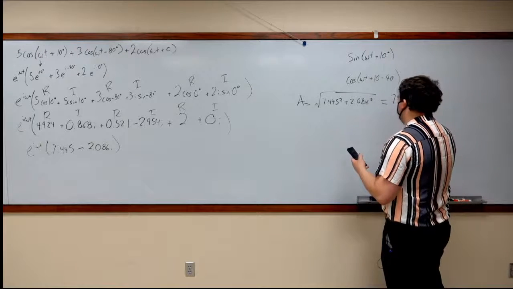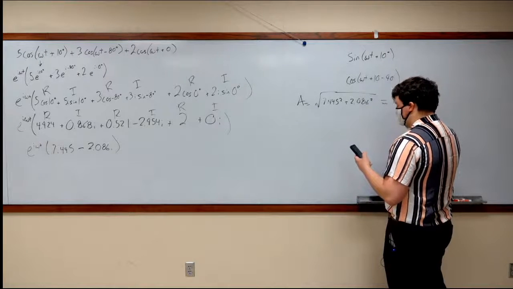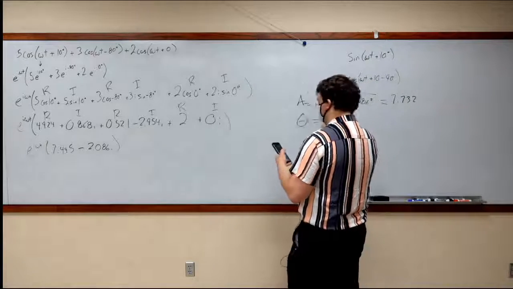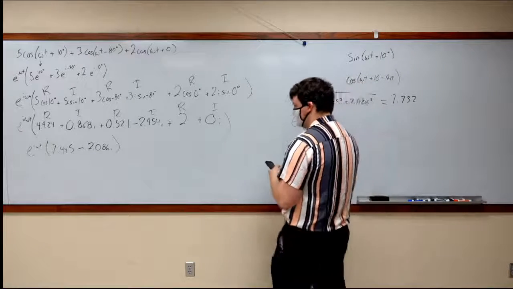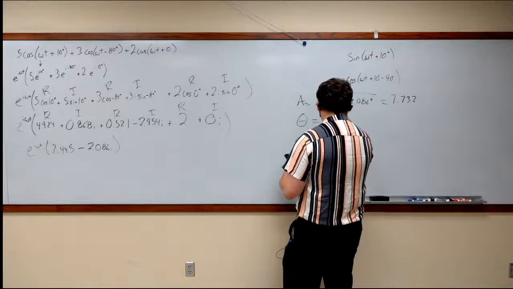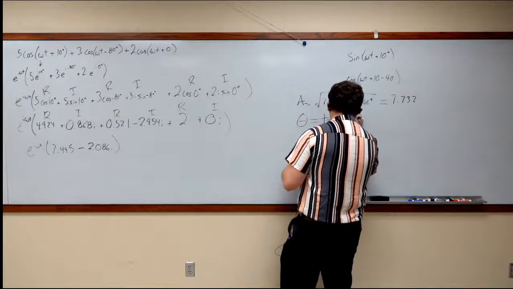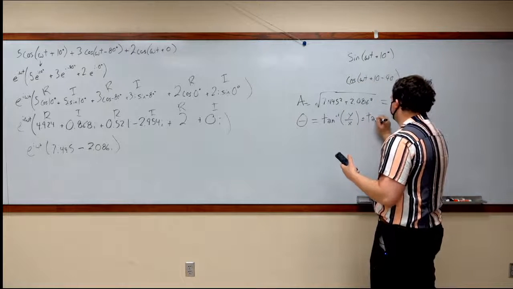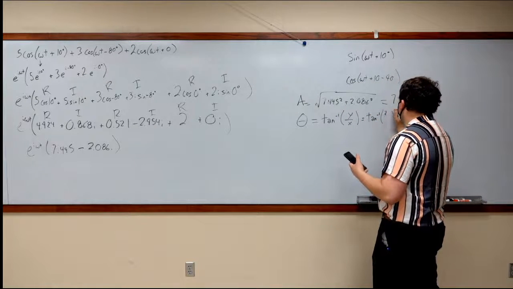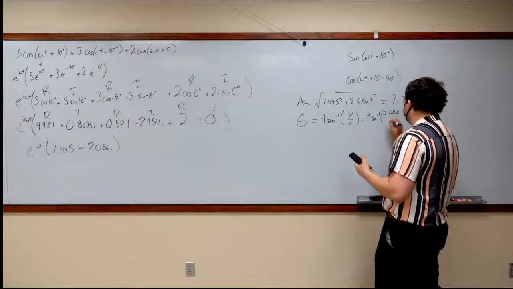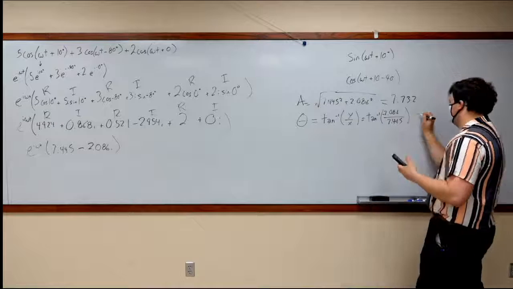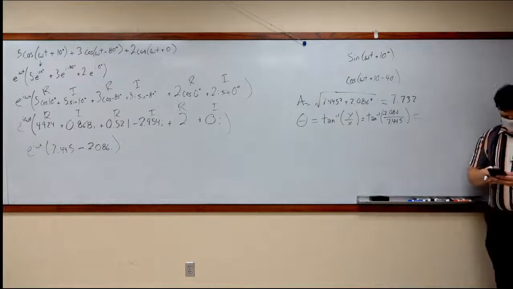This becomes 7.732, and our angle theta is equal to the inverse tangent of our y over x, which is equal to the inverse tangent of 2.086. That's a negative. Got to keep the negative in here this time. Over 7.445, and that is equal to